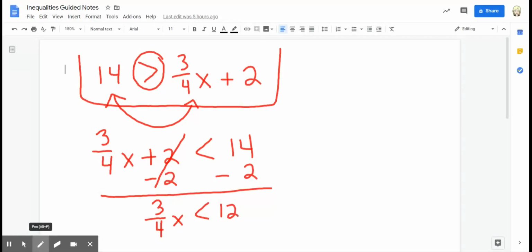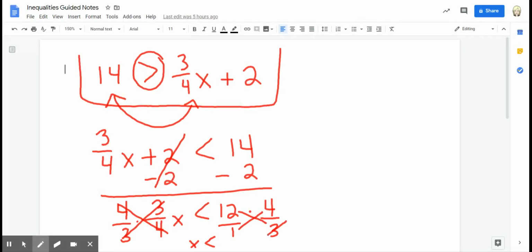And go ahead. The opposite of multiplying by 3/4 is dividing, or multiplying by its reciprocal. Super easy. 4/3. Whatever you do on that side, you do on the other. Just plop a little 1 under here. No biggie. So you end up with x is less than